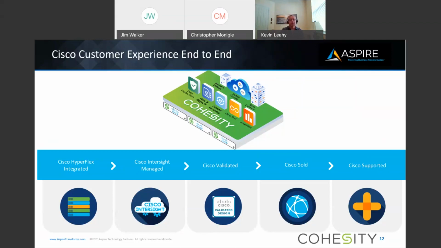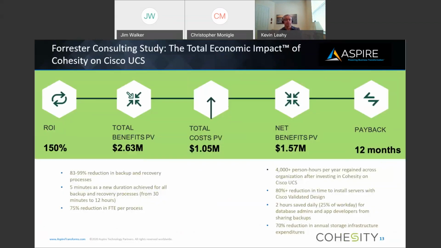So I love the concept of radically simplified data with Cohesity as a SaaS service that gives you that continual innovation, and the radically simplified infrastructure management through Cisco Insight with that same rapid evolution of new features and functions. So to know that those two are integrating together, it's got to drive a lot of business value. Absolutely. And just the last slide that I wanted to bring to you folks is,